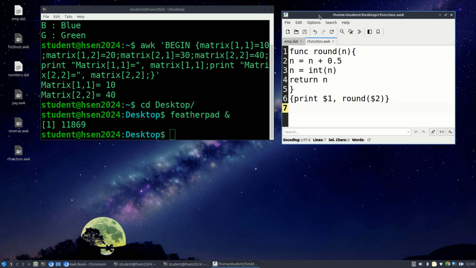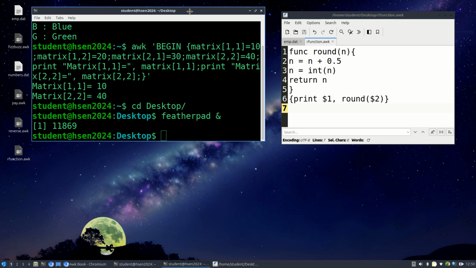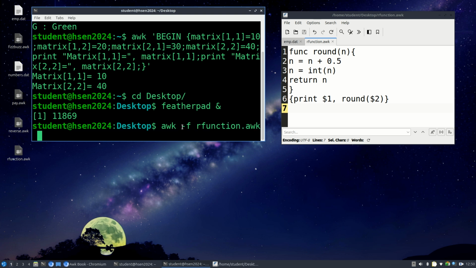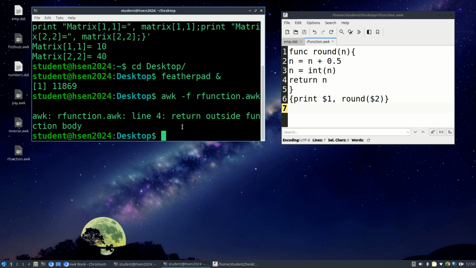So how's this going to work? Let's look at it. If I call it and I give it a number that is, say, 20.1, actually, you know what we can do? We can call this thing and then just give it different things and see what it does. Let's try that. We can say the following: awk -f R function dot awk. And if I do that, and then I don't give it any kind of file to work on, whoops,